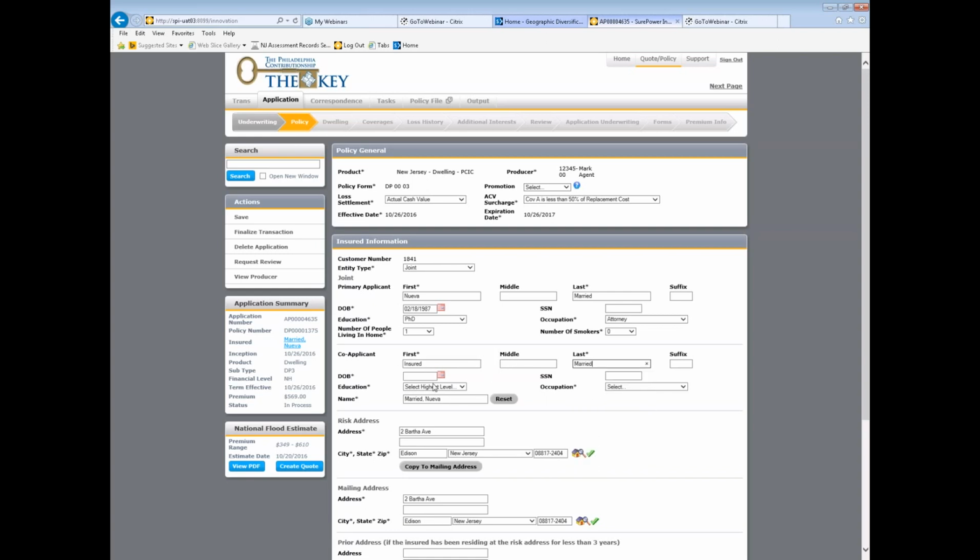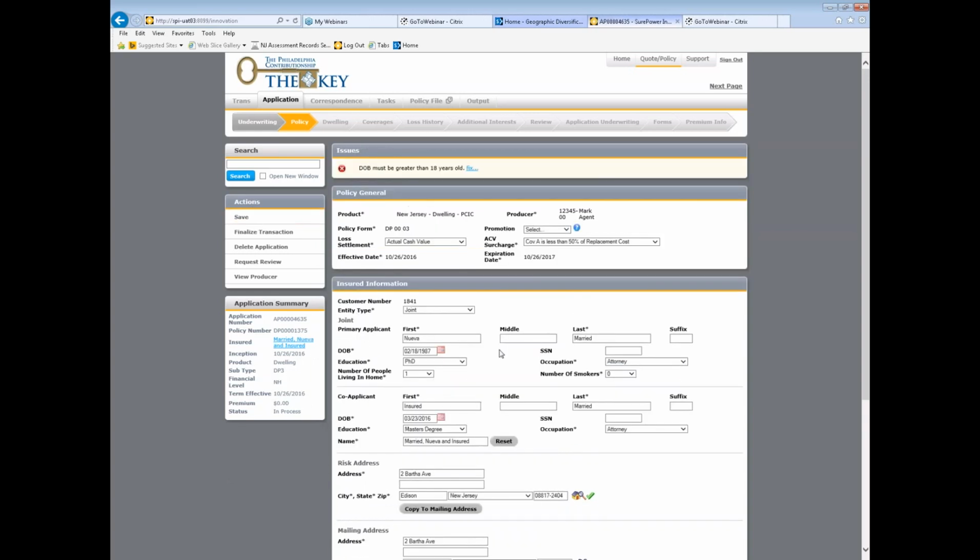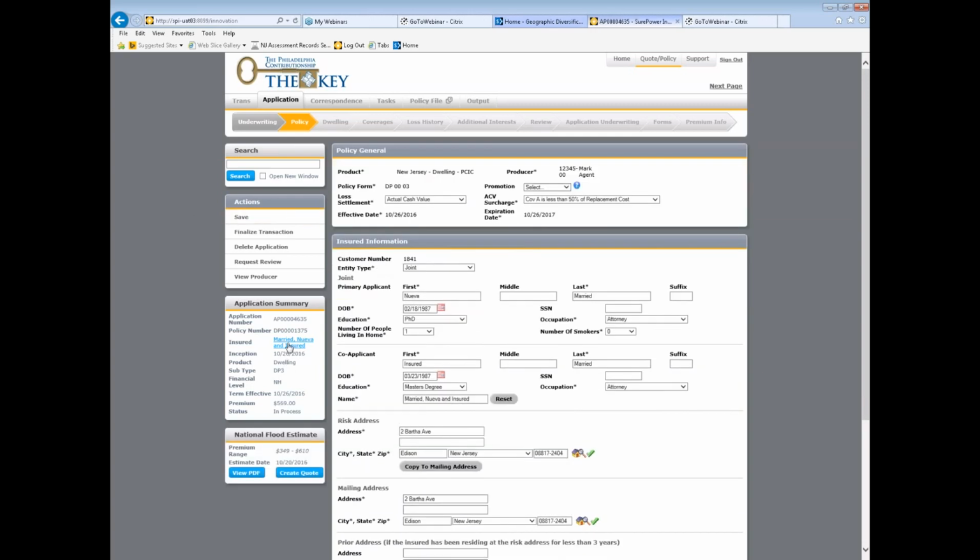And again, just updating these fields in itself is not going to update the named insured as it reads on this policy. It is this name field down here that is dictating the way the named insured displays. So once we've made our updates, we're going to hit reset and save. Oh, it looks like it doesn't like my insured date of birth, which makes sense. So we see that our named insured has now updated, and we would want to finalize this transaction,